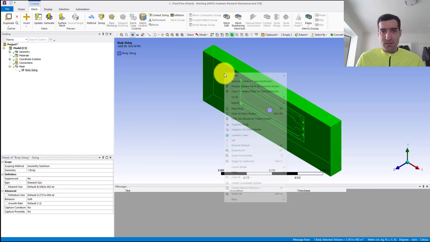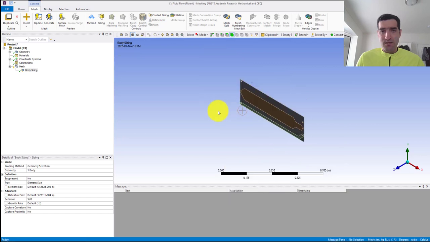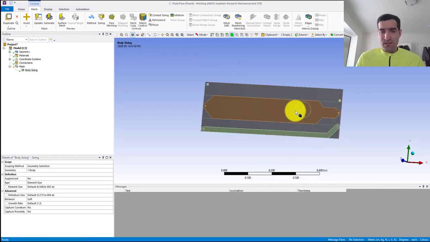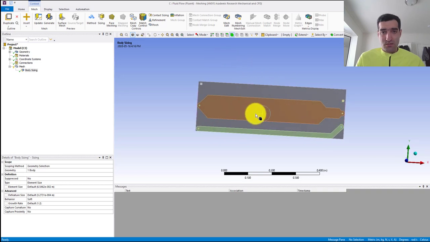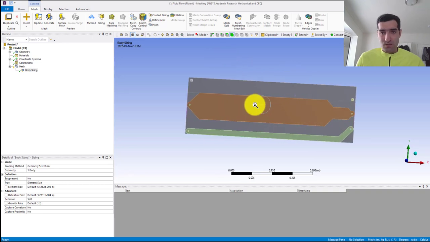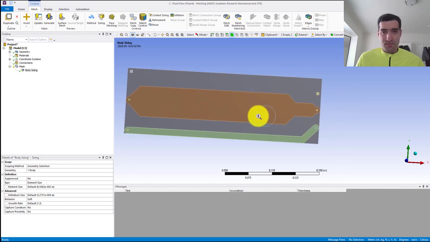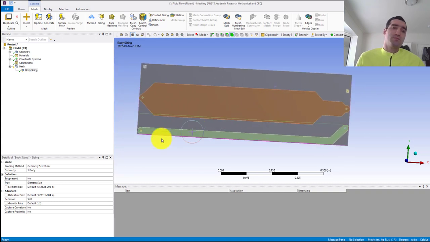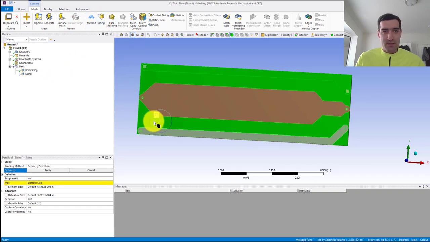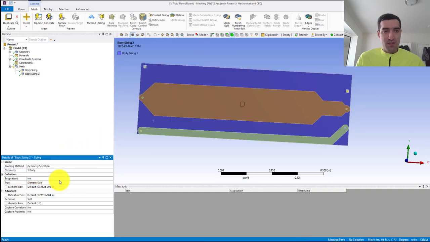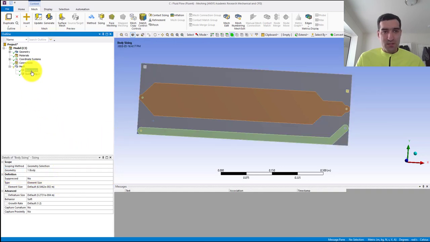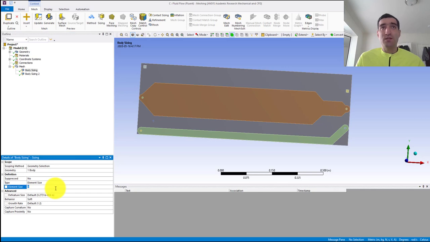Then I can select this and say hide body, and then I'm gonna add another sizing and select the board and apply. Okay, for the body sizing of the air chamber, I'm gonna change it to